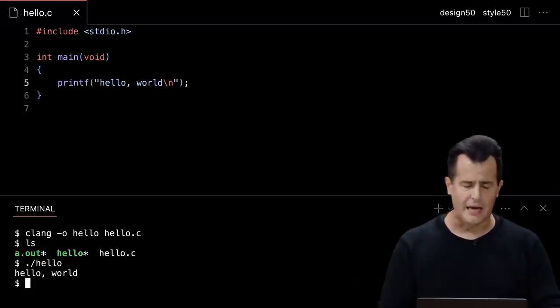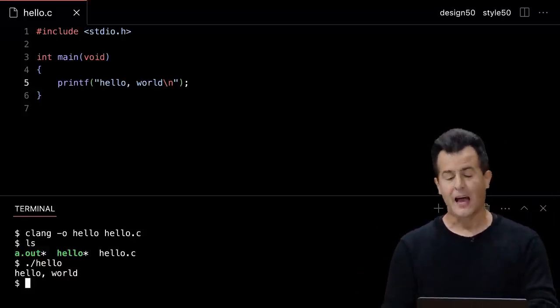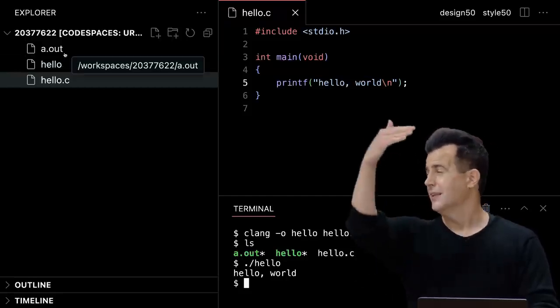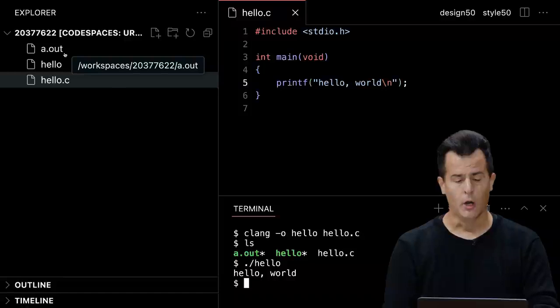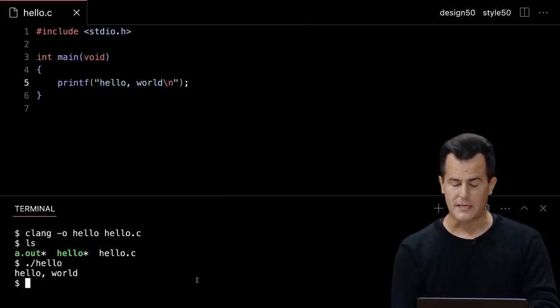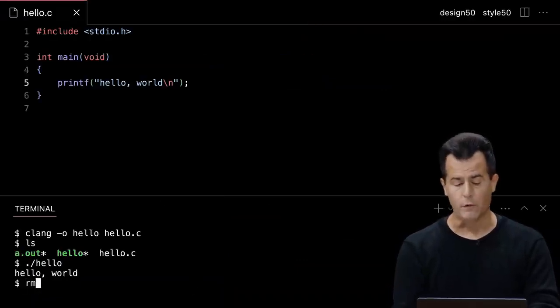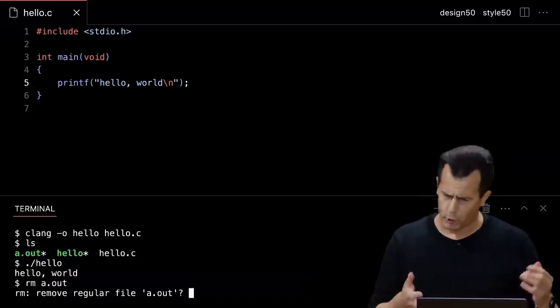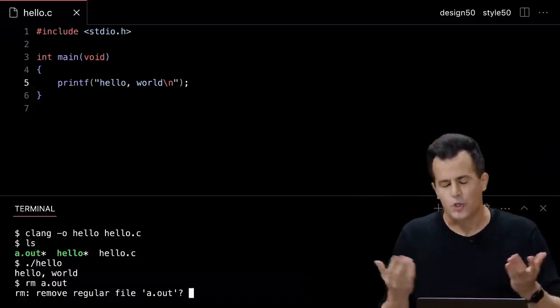In fact, I don't need a.out, so there are different ways to delete things. I could go into my File Explorer. I could right-click or control-click, select delete explicitly. Or, we didn't see this last week, but you might have learned it since, you can actually do rm for remove, a.out, enter. And even though this is a little verbose, remove regular file a.out,